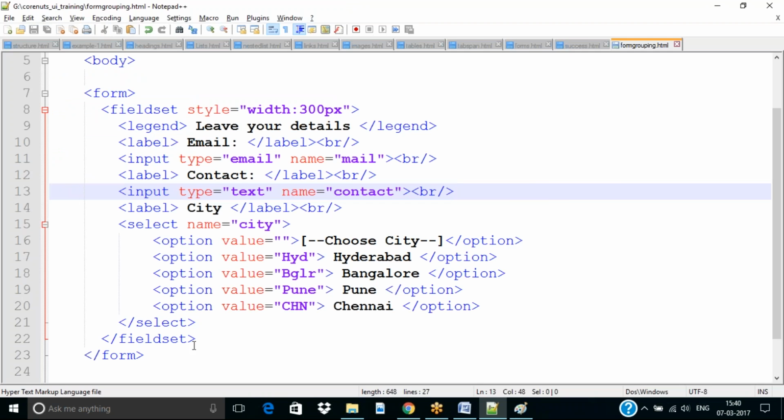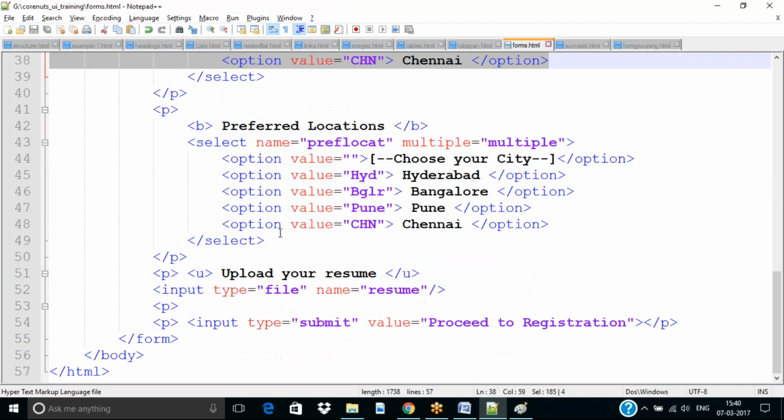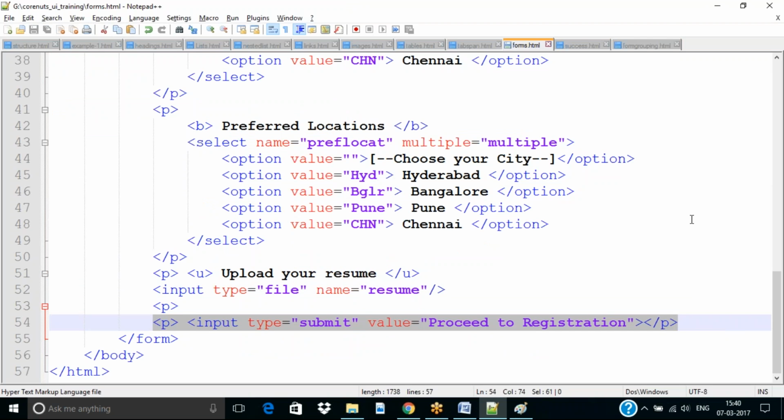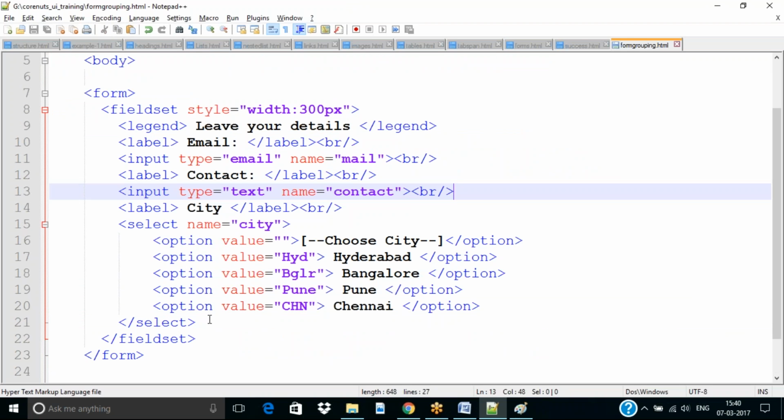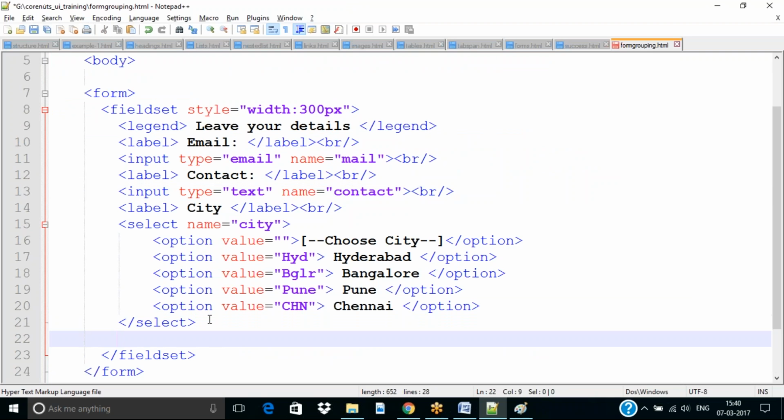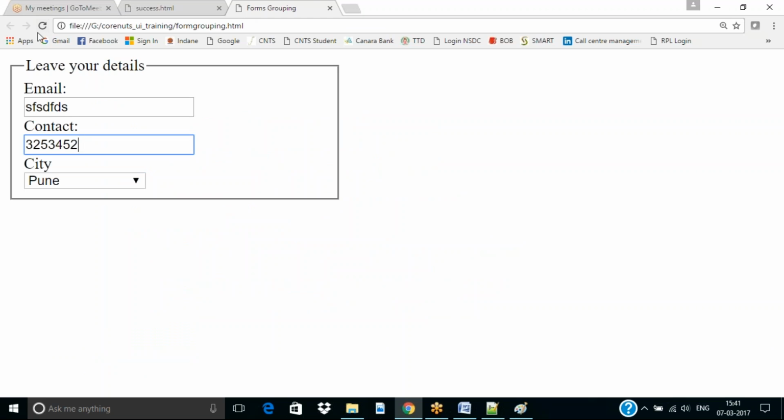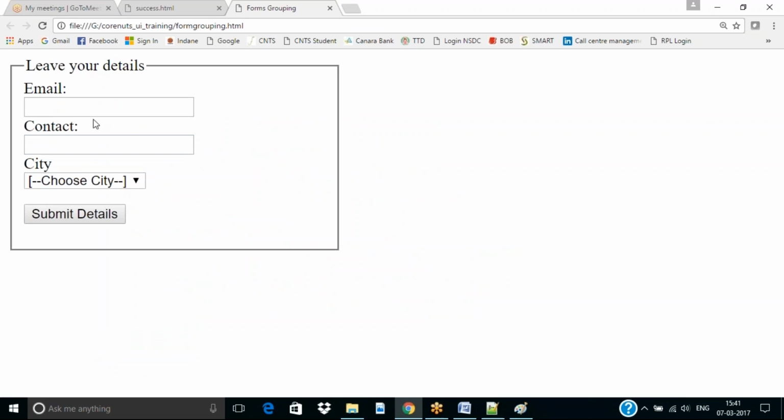So once you click on the submit button, if you have the submit button here, that will be uploaded to the server automatically. Okay, of course we can put some submit button over here. Submit details, email id,